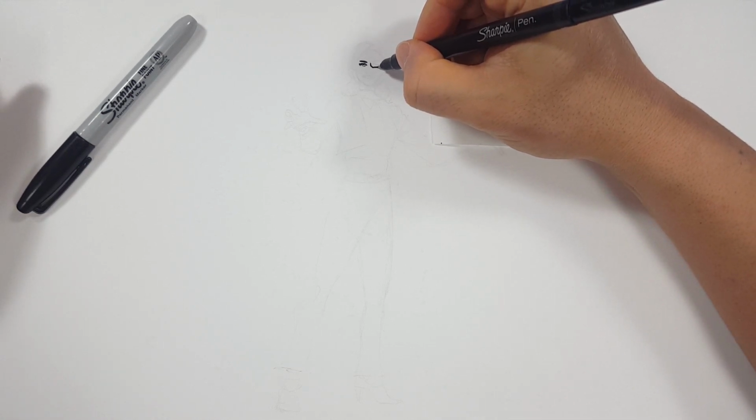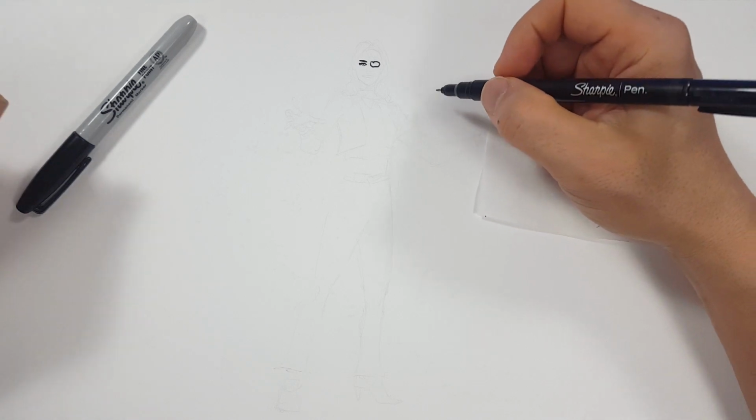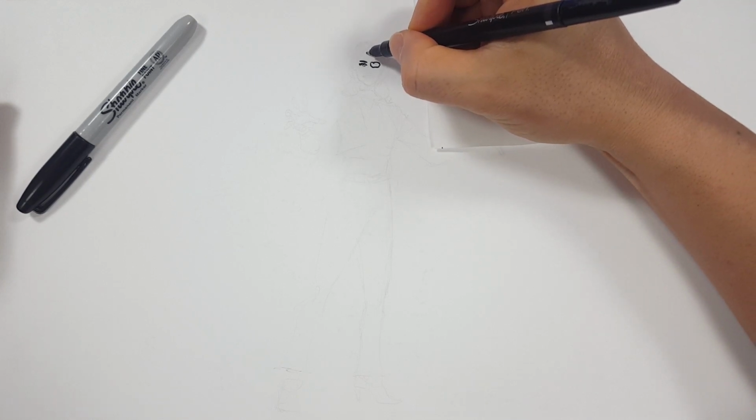Make sure I got it right, where the eye would be. And I did that for hair because the hair is going to be kind of over the eye patch. So let's go ahead and do a little bit of her hair. I'm going to do the part right there. I'm going to bring it down